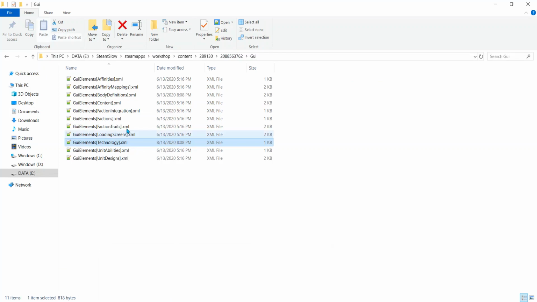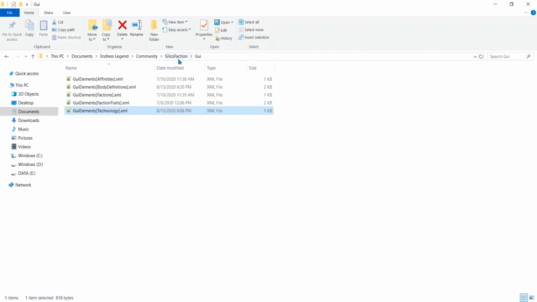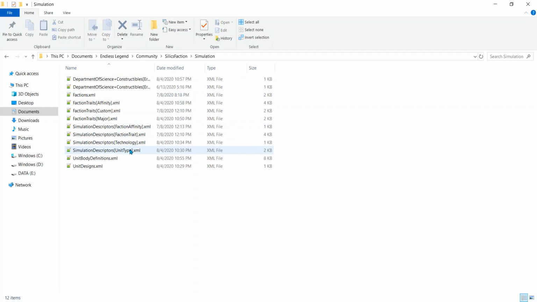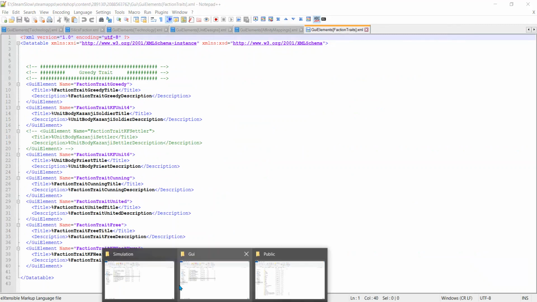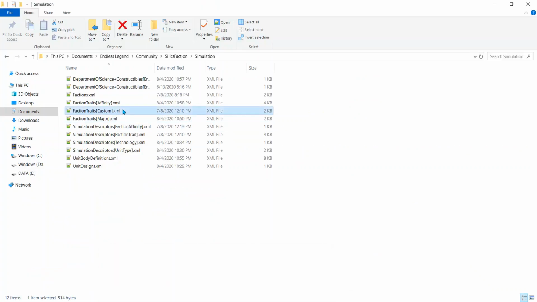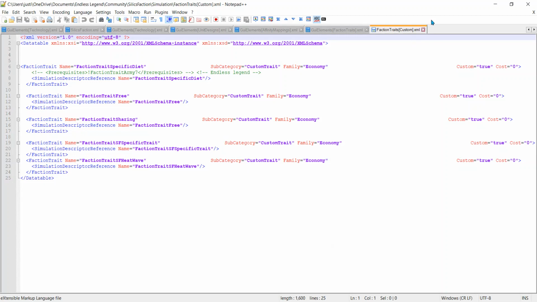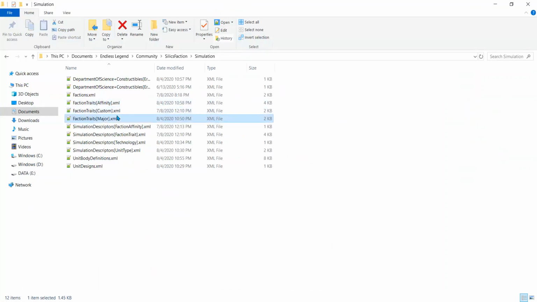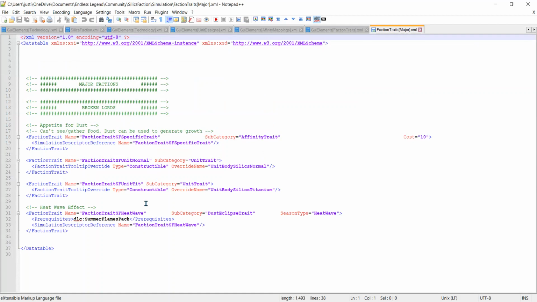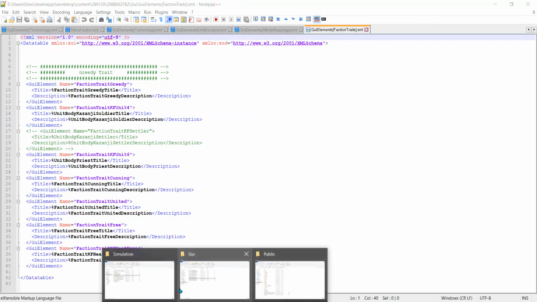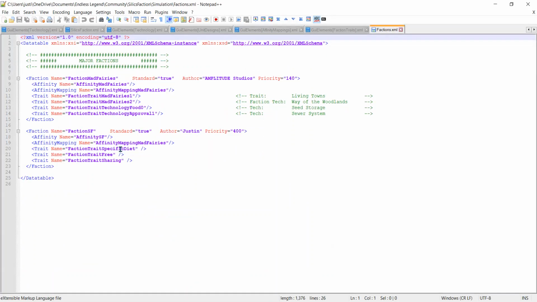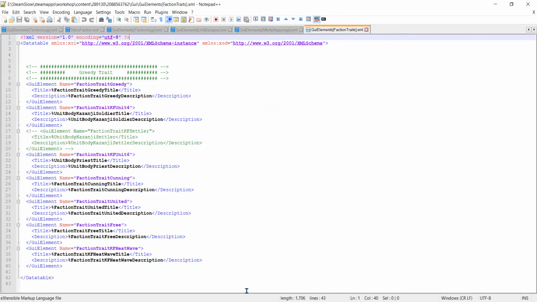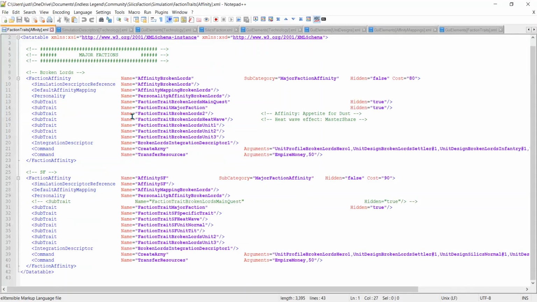It's not supposed to call that one because it needs to have something technology definition. I think I'm going to find it in here or right over, potentially in custom. No, and major, I think that's what it was. Normal, specific trait. I'm going to just take a look real quick in factions, and then I'm going to try factions affinity, and if that doesn't work, then we can always,